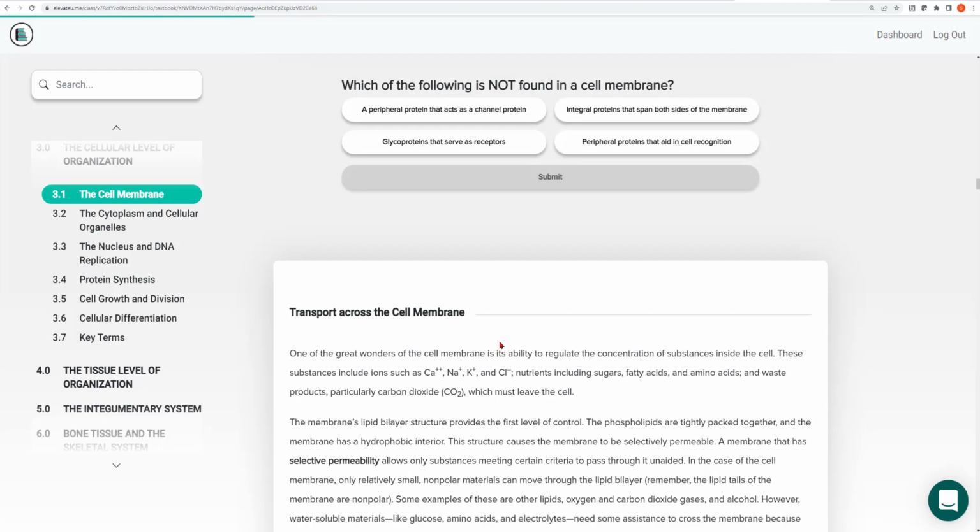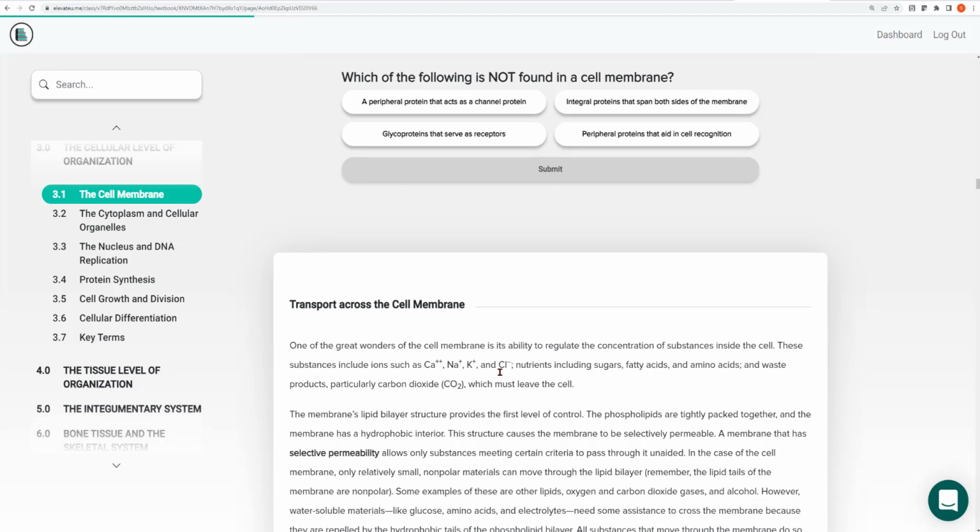One of the important features of these proteins is they allow certain molecules to go across the cell membrane. Some molecules will be completely blocked. Other molecules will be allowed to pass. Some are regulated. Some molecules can pass back and forth very easily. Others are only allowed to pass through when there is a particular protein in the membrane. And we're going to be getting a better sense of how this happens now.